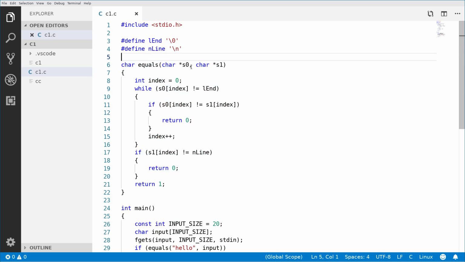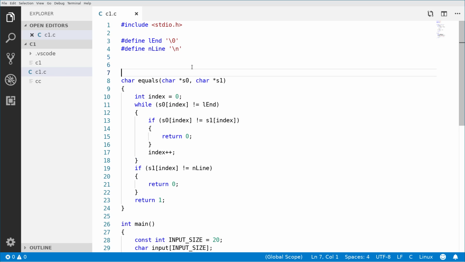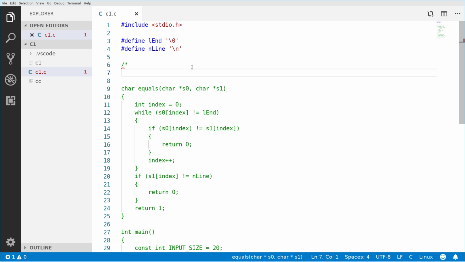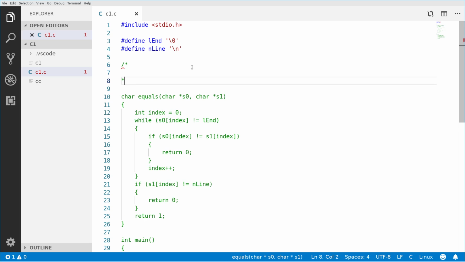So what does this method do? It has some special characteristics. So let's create a multi-line comment to specify this a bit more. As you may remember, this is how we create a multi-line comment. A comment is just a note for us, the programmers. So I will say: equals method